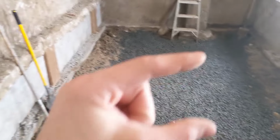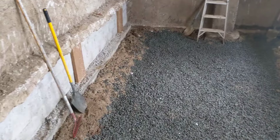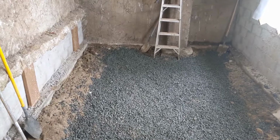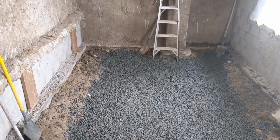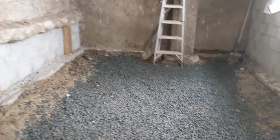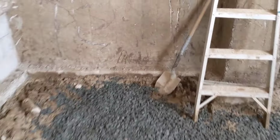And then we're going to do 4 inches of concrete and 2 inches of insulation. So 6 inches is what we need. If you see that little scratch all the way over there, that's about where the floor is going to line up. So we need to be roughly 6 to 7 inches underneath it. We can play around if it's not perfect, but that's where we want to be. So we got the old measuring tape, going to figure out where we need to be and how much more we need to go if we're getting pretty